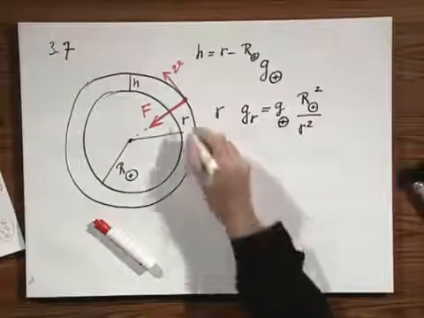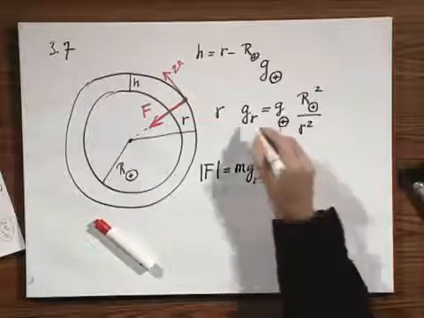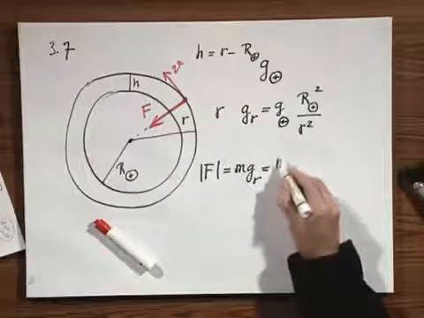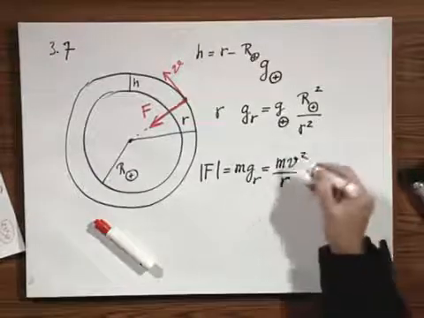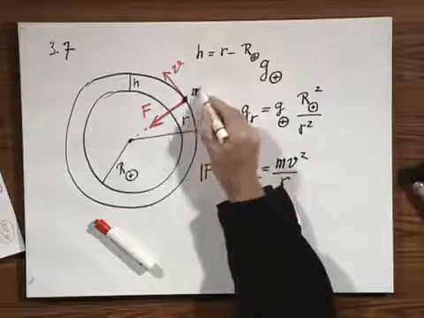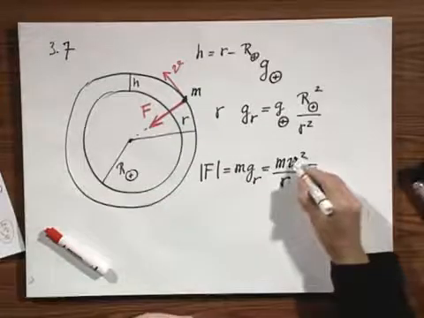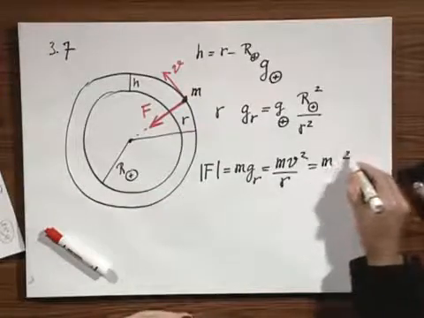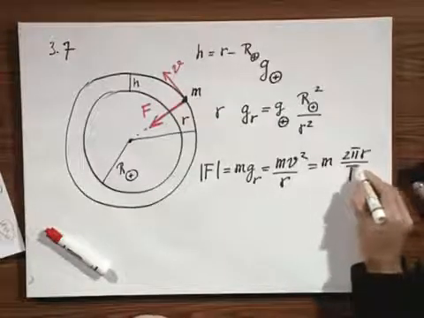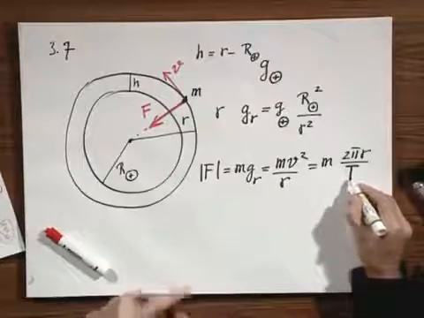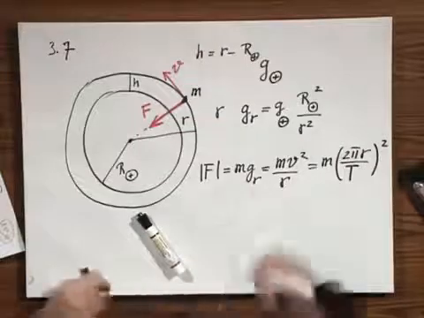Now, the force that I have here, this gravitational pull, equals m times this g_r, but it also equals m v squared over r, which is the centripetal force which is required for this object with mass m to go around in a circular orbit. Now I can replace this v by the circumference, 2 pi r, divided by the time to go around, T. This is now the period in seconds to go around, and I can square that. Now the m's cancel,